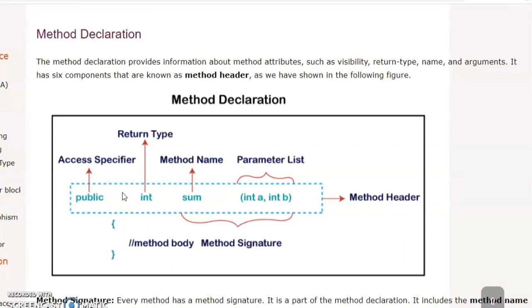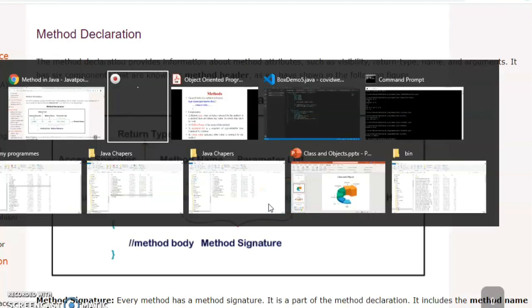So the syntax of a function, a method, is this; this is the complete syntax. Public int, it's a model, it's not always like that. This is an access specifier, this is a return type, this is a method name, this is the parameter list. You can identify a function by the brackets. Whenever you see a bracket, you can understand that it's a function. In between are the parameters, the values on which the operation is to be carried out. We will discuss this in our program.